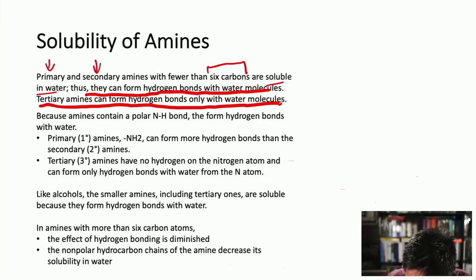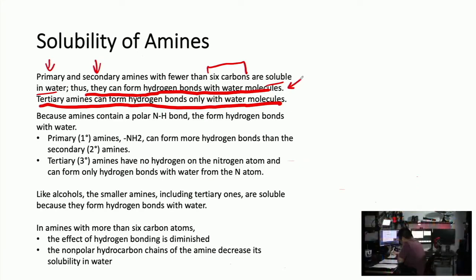So, what's the difference there? Anyway, they can form hydrogen bonds with water molecules, but also other things that are electronegative, right? But tertiary amines can only form hydrogen bonds with water molecules, right? Because amines contain a polar NH bond, they can form hydrogen bonds in water. So primary amines can form them with water, right? Secondaries can form